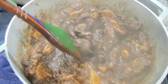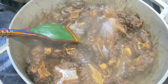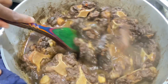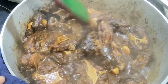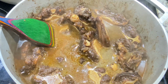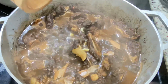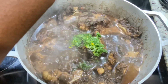Alright, so I am going to now add some hot water on this, and allow it to cook slowly. Oxtail takes a while to cook, so if you want, you can put it in your pressure cooker, or you can let it slowly cook on the stove. After pouring my hot water, I am going to also add some chopped garlic. I'm going to add some pimento leaf, some crushed pimento seeds. I am also going to add some chopped scallion, onion, thyme, and I'm going to cover the pot and allow